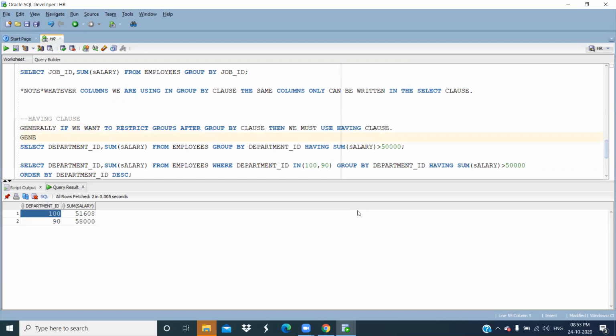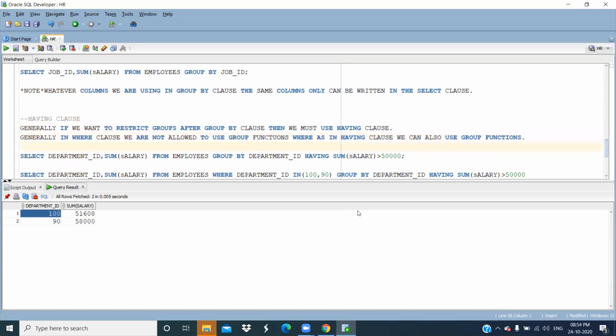Generally, in the where clause we are not allowed to use group functions, whereas in the having clause, we can also use group functions. Got it? Yes, bro. Okay, so this is all about group functions.